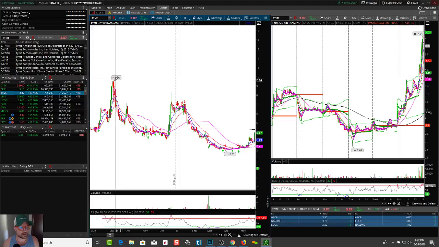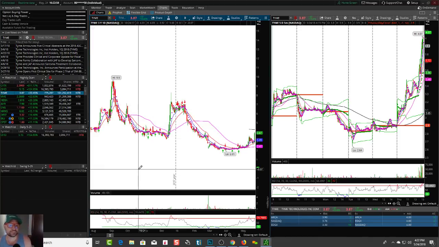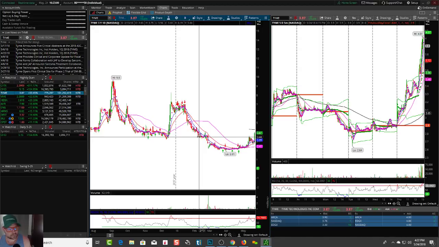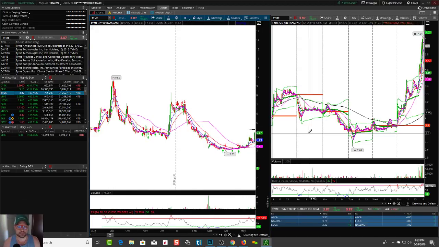FU pattern. This is saying, here you go, newbies, we're going to pump this up, we're going to trap you up here, and we're going to dump it down. Left shoulder, head. You can barely even see it. Here's a right shoulder over here, neckline over here. There you go. FU head and shoulders pattern. Doesn't mean you don't trade these, but these are stocks that you day trade, right?